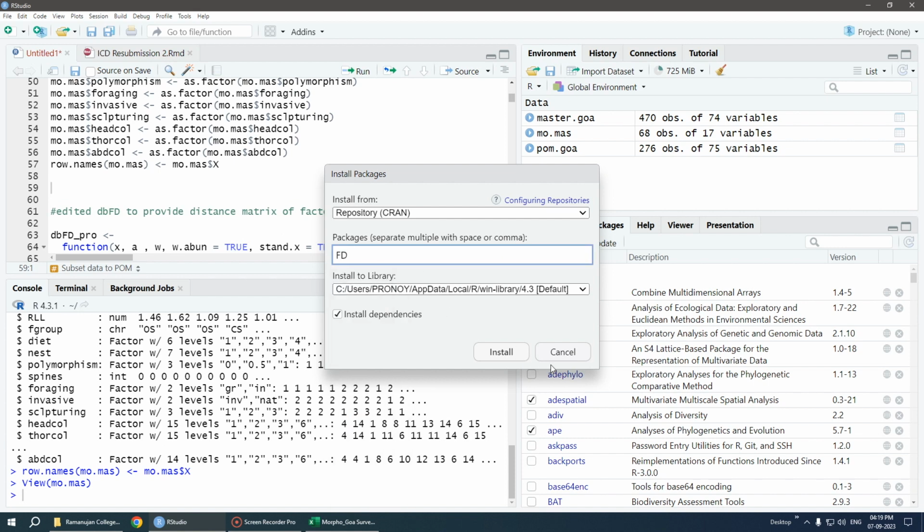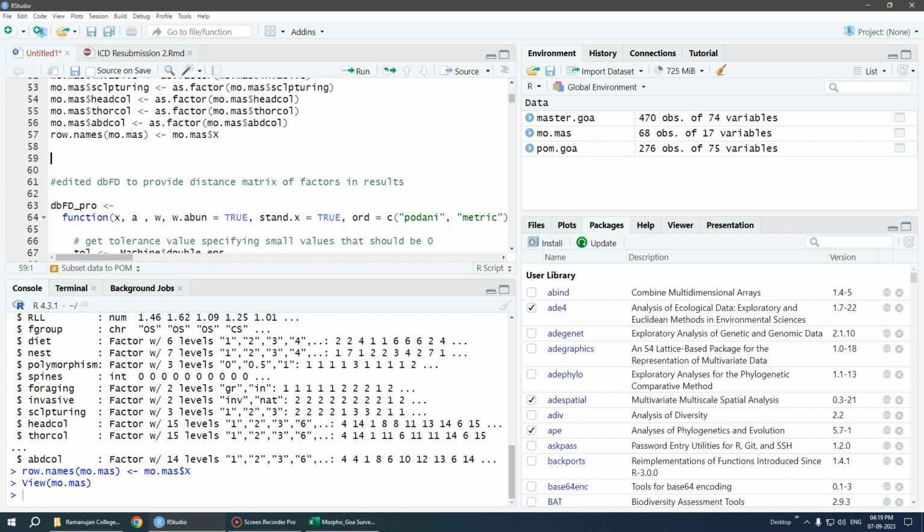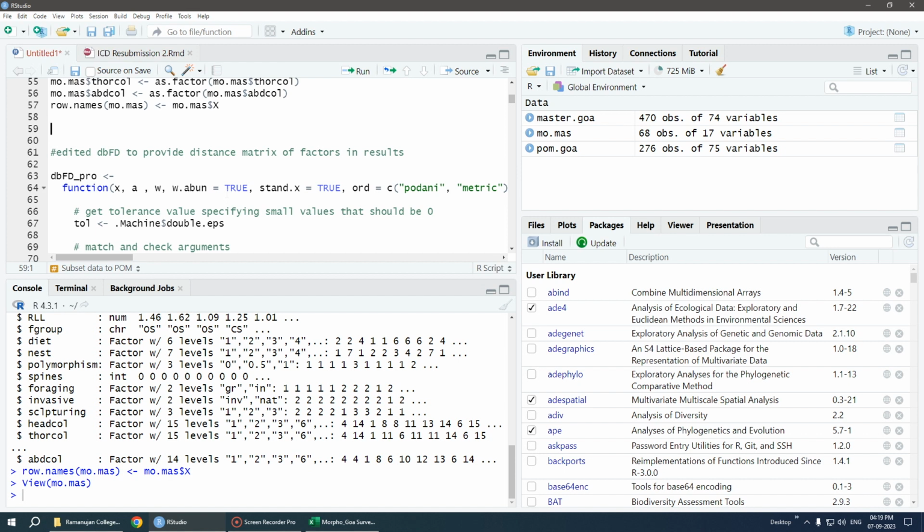It's already installed in mine, so I'm not going to go ahead with that. So once you have installed the FD package, you can use the base distance-based functional diversity function. However, in my case, I wanted to use a specific portion of the DBFD which I have edited, so that I would use just the distance-based matrix out of the DBFD and use it in a HClus as HClus data. For that, I have a custom function written here,